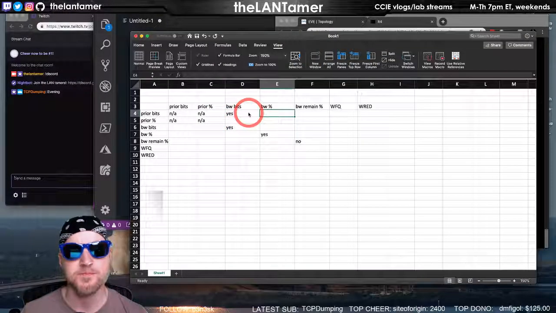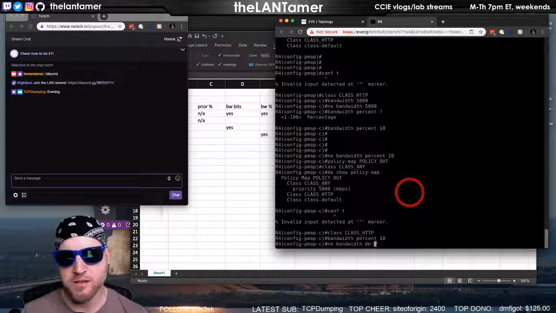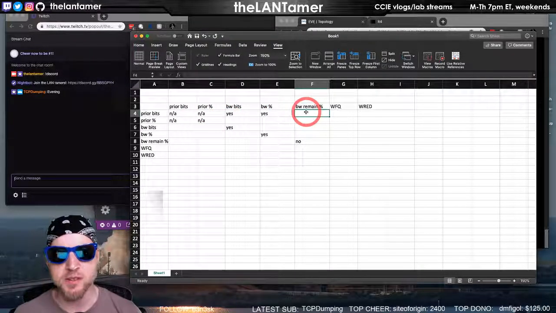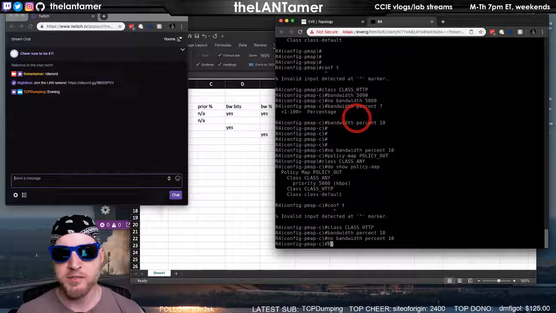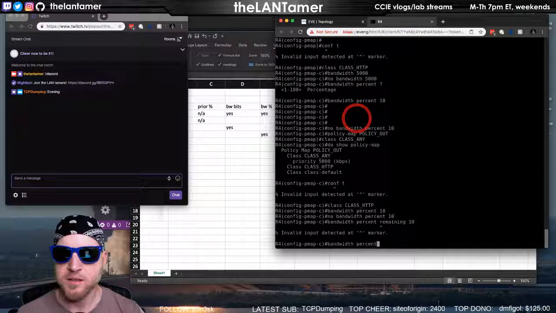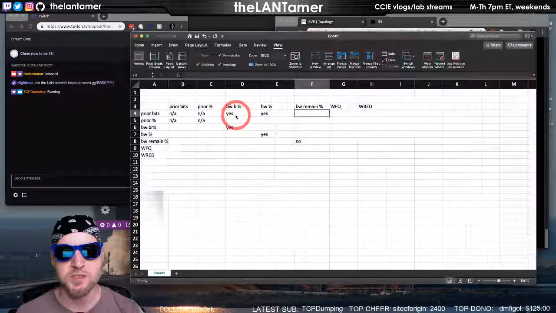Yeah. Yes. Bandwidth remaining percent. I think we're going to find that it does work here, because the LLQ is treated differently. So I can do bandwidth percent remaining, no hyphens. Oh, remaining percent 10. Yeah, it works.